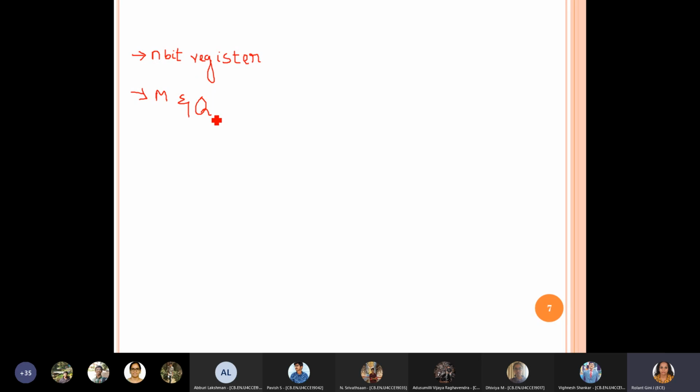These two values are what you have to store first. If it's an n-bit processor, naturally the values of m and q are both going to be n-bit, right? And if it's less than n-bit, we know that we will prefix it with zeros. Now, to store these two, definitely we need registers. For storing m we need one register, and for storing q we need one register, both n-bit registers. Okay. Now, when we multiply two n-bit numbers, what will be the resultant size?